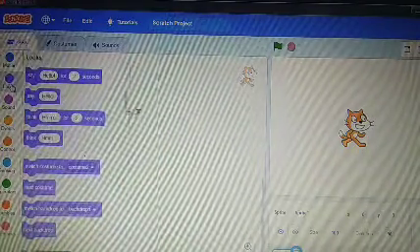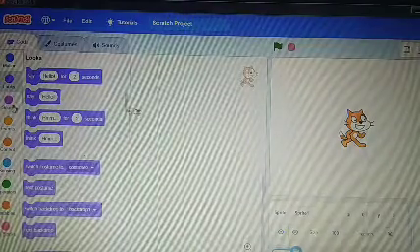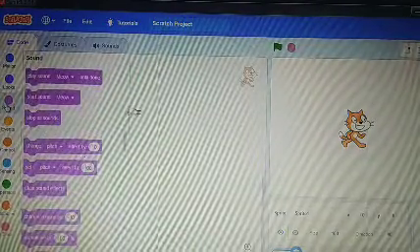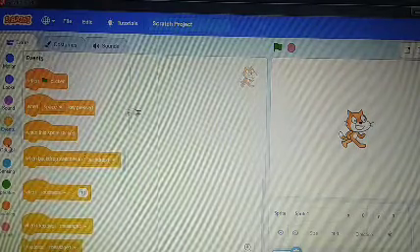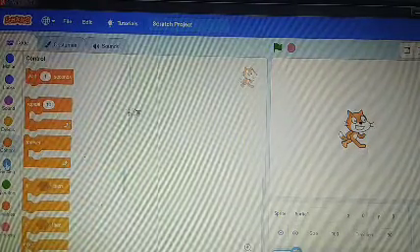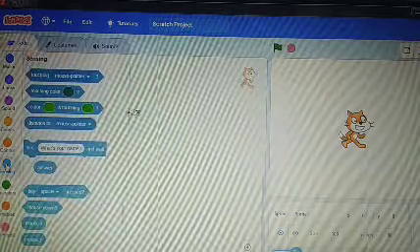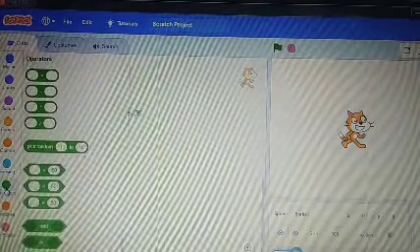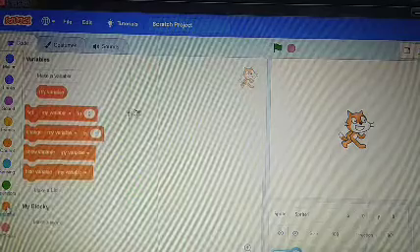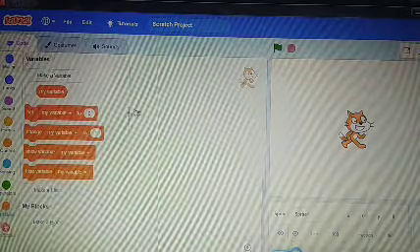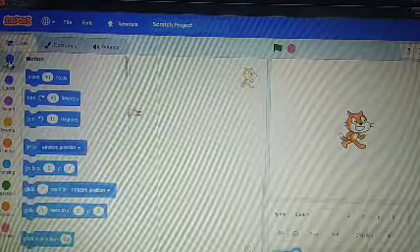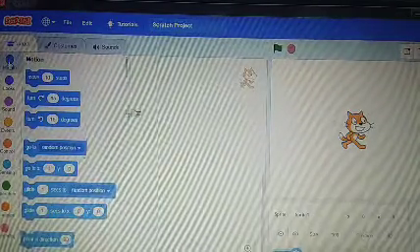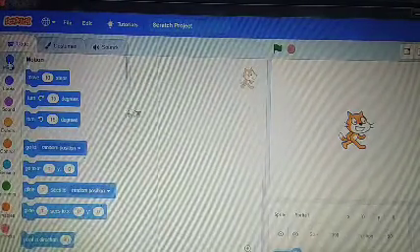Here is the looks block, it is in purple color. This is sound. This is the events block. This is the control block. Then sensing, operators, variables. And this is My Blocks, where we can create our own blocks as per our requirement.